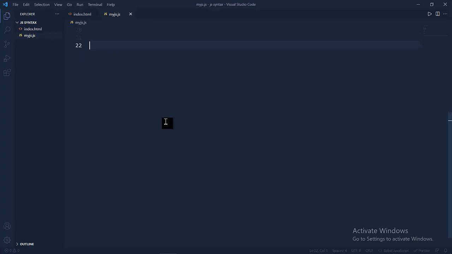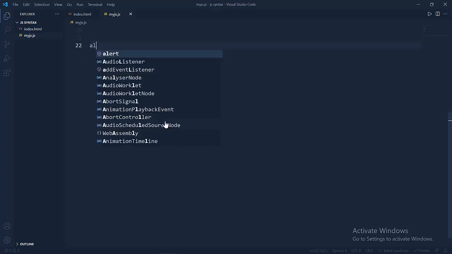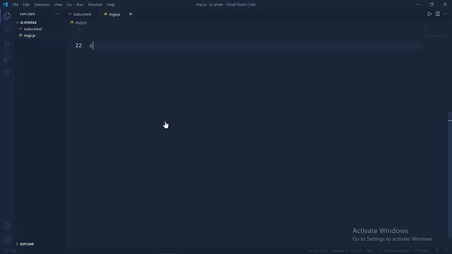If I have an alert or console.log, and I print hello world, I know it's a very basic thing and everyone can understand it, but let's suppose it's very difficult for another person. So I can use comments here to tell that this will print hello world in the console. So how can I do this? It's very simple. //